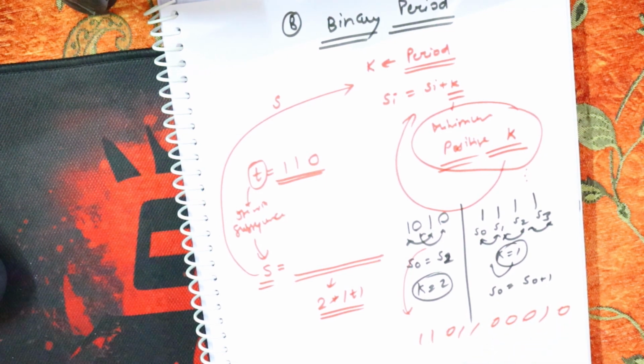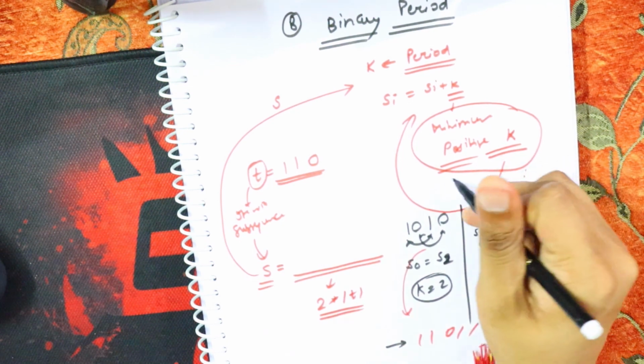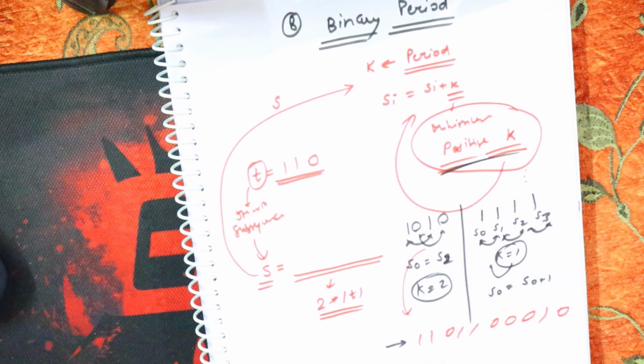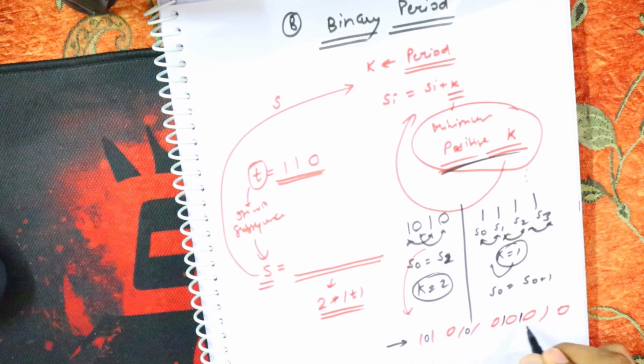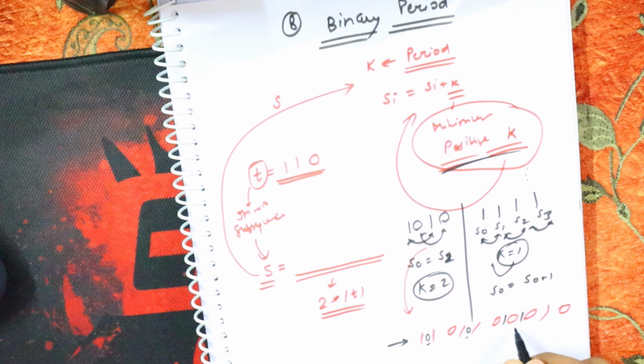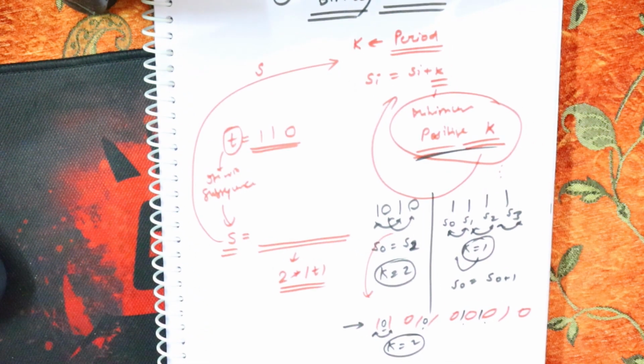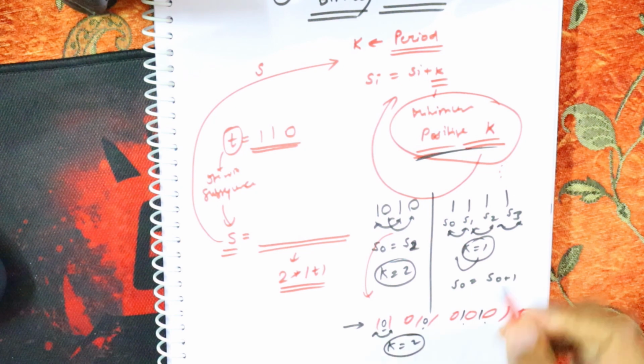So if I am having, let's suppose, the string 11011000010, and I want the period to be minimum, what I can do is place 0s and 1s alternately: 1 0 1 0 1 0 1 0 1 0 1 0. Now you will see that when I place it like this, my k will always be 2. Now you will say, Aryan, you said that you will have minimum k, and in this you take k equal to 2, but k equal to 1 is possible.